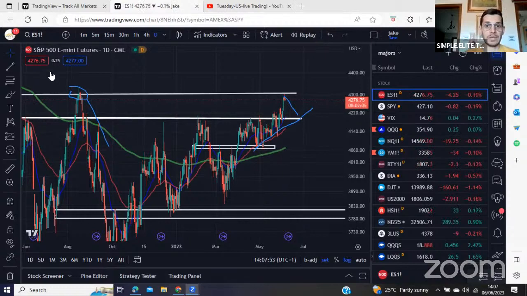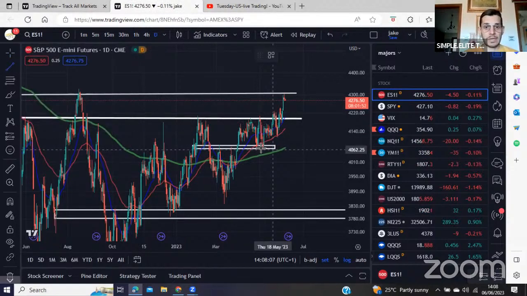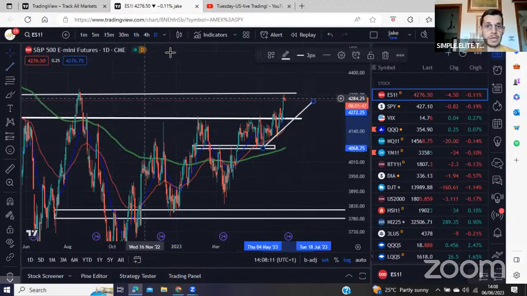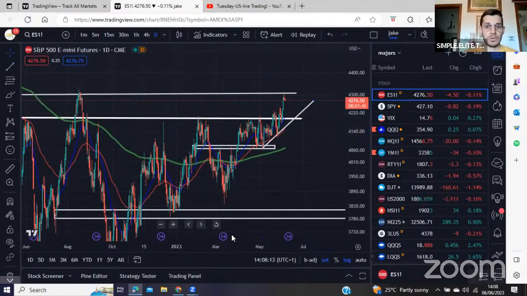So first option, I would like to buy lower. So I want to see some pullback. Also, if we draw the trend line here, it would be nice to see some pullback, also rejecting the trend line. So price is doing like this, and also the 20 MA comes like this, and then the 50 as well comes like this. So it would be nice to see some pullback on indices.